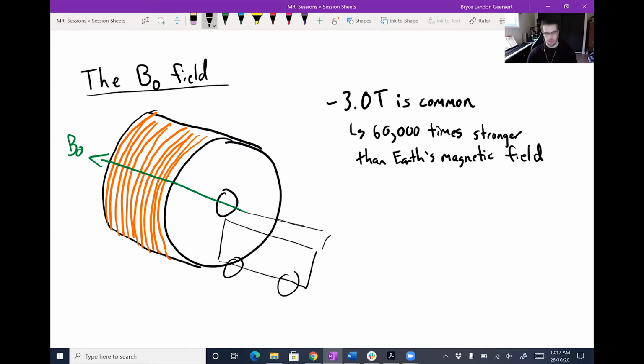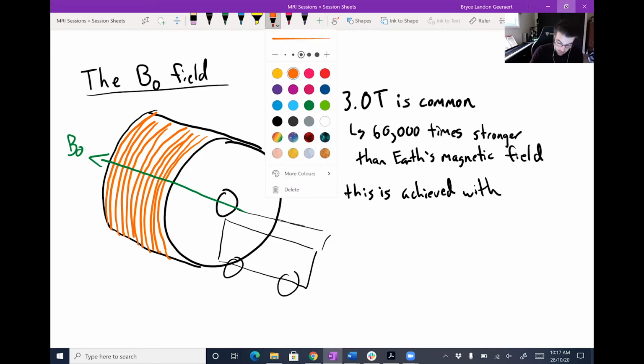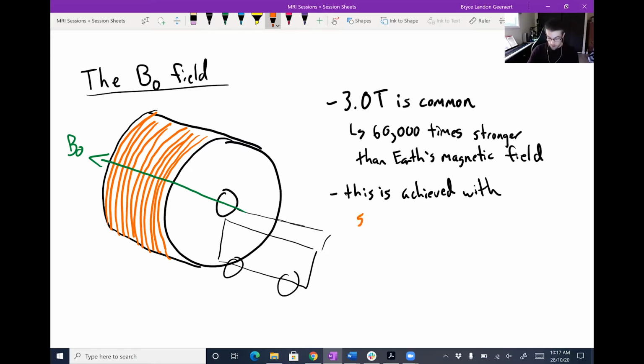Now, current running through a wire generates heat. There's some resistance there unless the wire is superconductive, and that's actually required for MRI. So I'm just going to make another note here. This is achieved. Make it orange so that we know this is referring to my beautiful orange lines. So it's achieved with superconductive